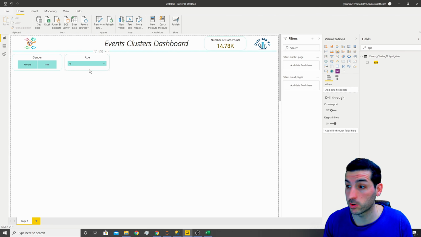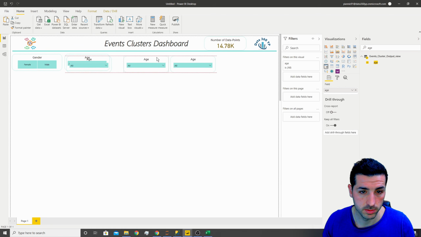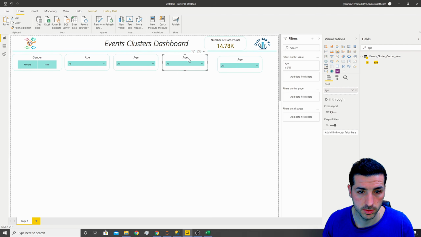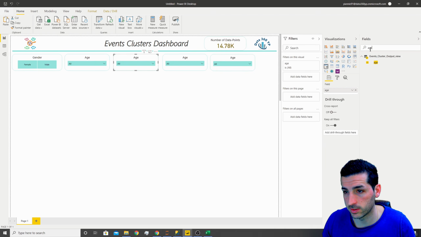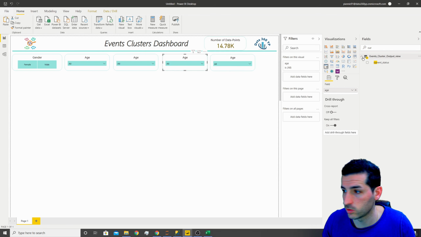So we're going to repeat this process now for current status, household income, and district. So if I copy this and paste it 3 more times, then I put it next to each other. 1, 2, 3, and then for this one, I'm going to show you how to make them smaller in a second. So this one is going to be current status. So if I search for current status, I remove this and add current status. This one is going to be the household income. So if I search for it, move it,